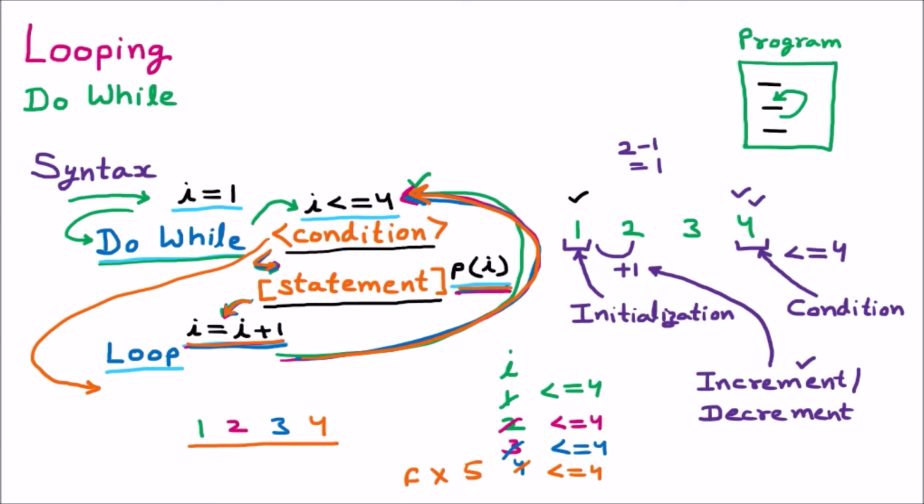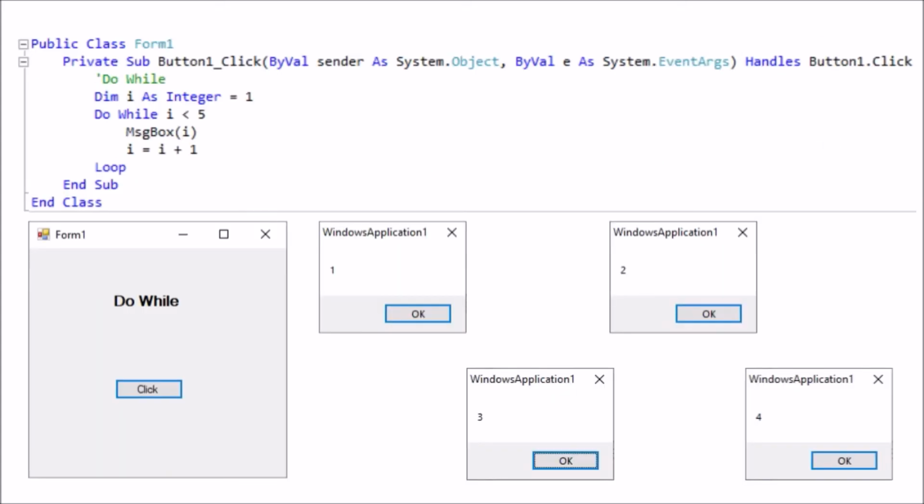Now how the do while work in real life programming. Now we are taking the example of a .NET program and we are understanding how the do while work. So this is the program of do while loop. Here we have created a form which is form 1, and in the form 1 we have taken a label and changed the name which is do while. So this is the label 1, and we have dragged and dropped one button, that is button 1, and changed the text of that which is click.